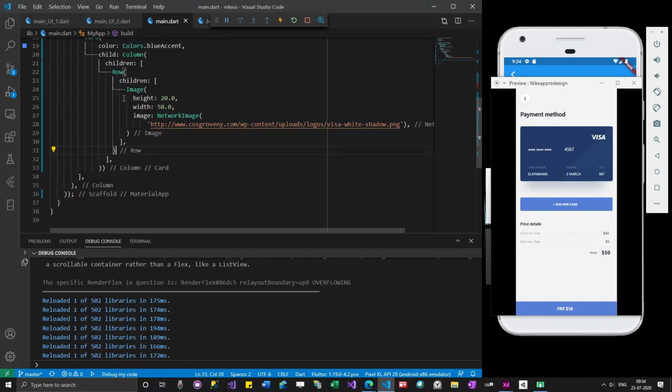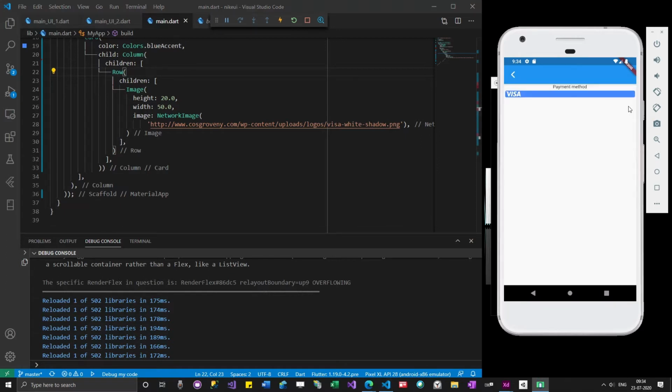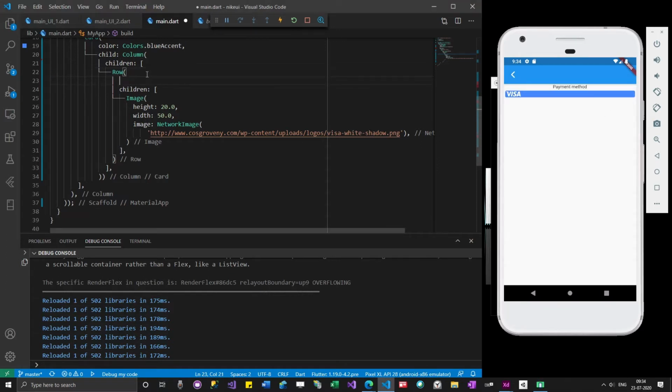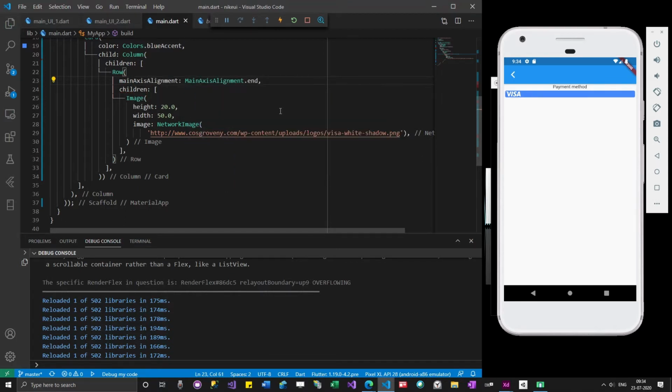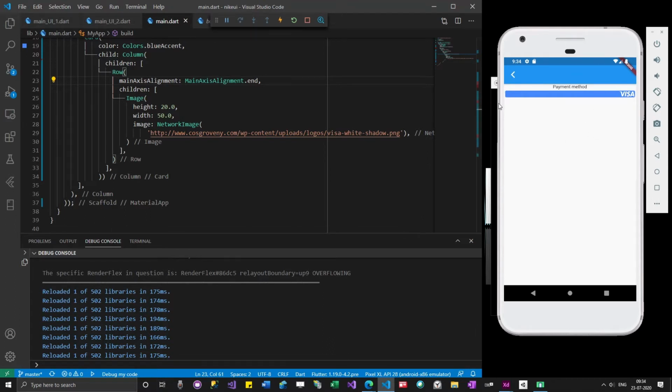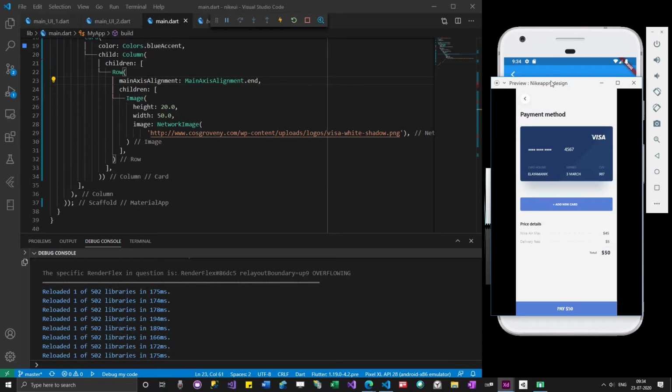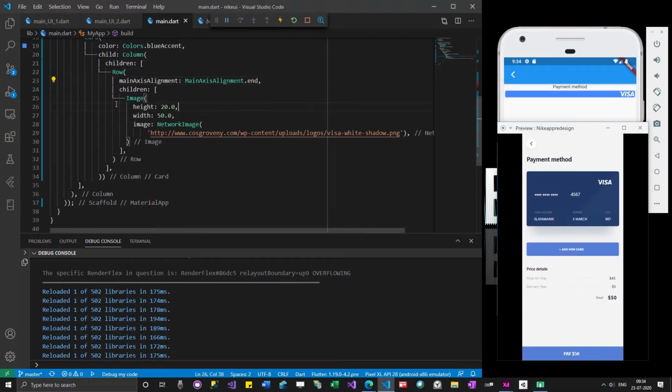So this is done. Actually, I can remove this also, but I will leave it because it will make it easy to move this Visa to the other side. So I'm going to do it using main axis alignment. Okay, so it is moved there. And then another row.